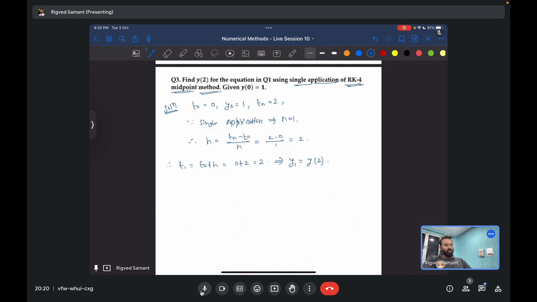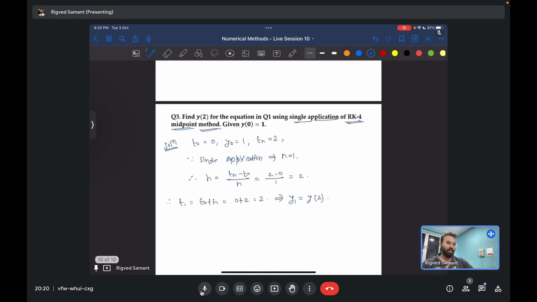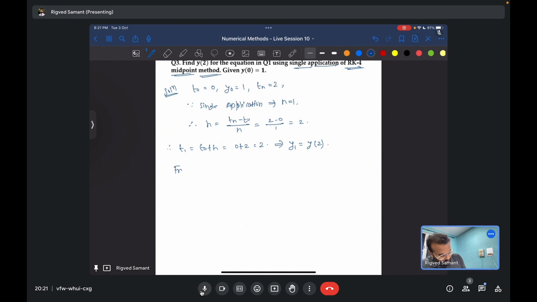In the RK4 method there are 4 constants. In the RK2 method there were 2 constants, k1 k2. In RK4 there are 4 constants, k1 k2 k3 k4, and you will have to plug them into the yi plus 1. So from the RK4 formula, what is the RK4 formula? yi plus 1 is equal to yi plus h by 6 times k1 plus 2 k2 plus 2 k3 plus k4. Okay,